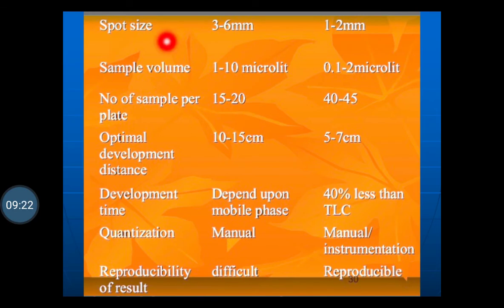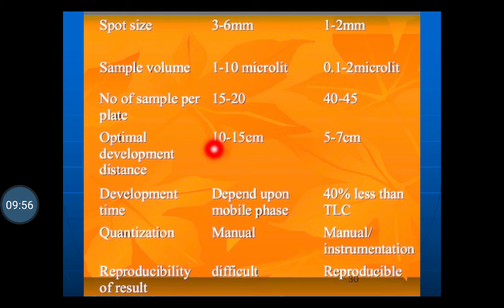Then the spot size is 3 to 6 mm. Here the band is 1 to 2 mm. Sample volume is 1 to 10 microliter. Here it is very small in volume, that is 0.1 to 2 microliter of the test or the standard applied. Number of samples per plate: 15 to 20 samples can be applied to a full size plate. Here 40 to 45 samples can be applied at a time on a single full size